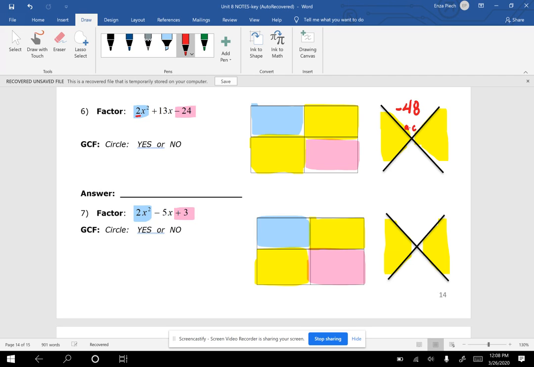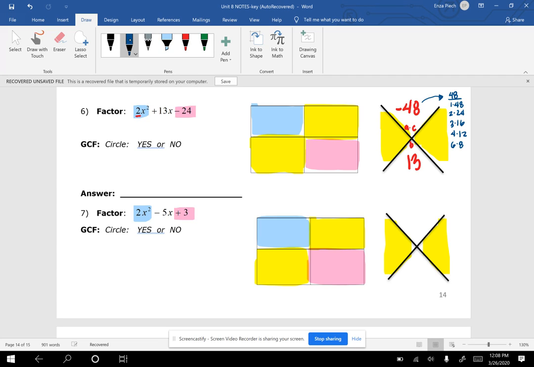And then for the bottom, it's just our b value, exactly the way it's written. So we have a positive 13. So what we're going to do is we're going to figure out all the factors. And reminder, if you have a negative, you first just find the factors and then we'll decide which one is positive, which is negative after the fact. So we end up with 48 is equal to 1 times 48, 2 times 24, 3 times 16, 4 times 12, and also 6 times